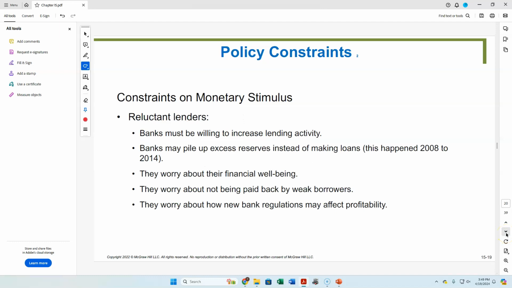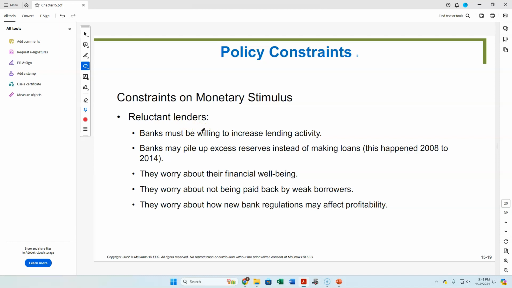And so then the idea is that once you take care of the short-term problem, you start working more on the long-term problem. Other sorts of problems, though, that come out is that what if you've got something especially like COVID, where you've got people who just don't want to lend out all the money that you've got out there because they don't know how the disease is going to carry itself out.